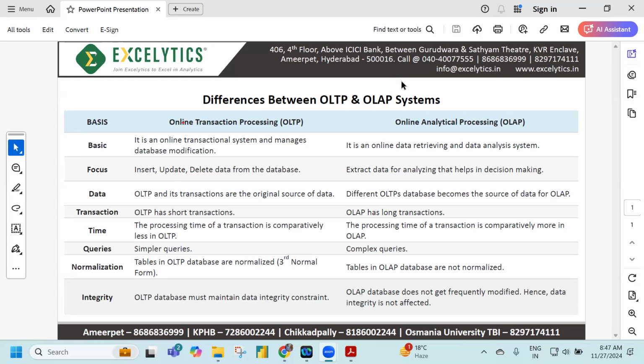Both the places, rows and columns, right? Be it OLTP or OLAP. The same table data will be transformed and loaded into our data warehouse as a table only. You can interact with OLTP with the query language SQL, or OLAP also with the same query language SQL. But as a data analyst, why do we prefer connecting to OLAP? Because the job of OLAP is to hold all the data from the different OLTPs. It's like a consolidated place, a central repository,